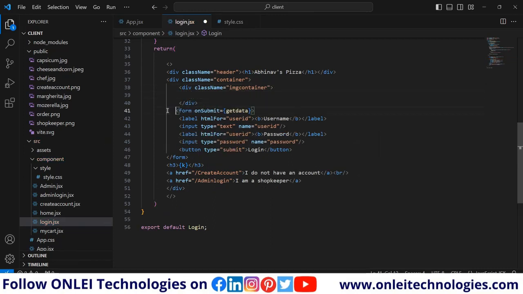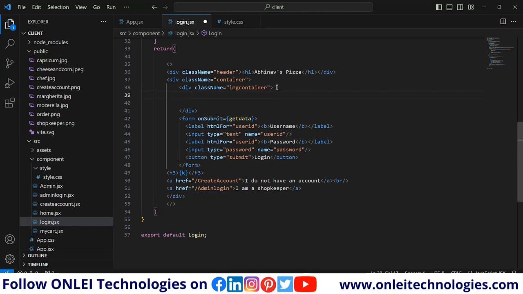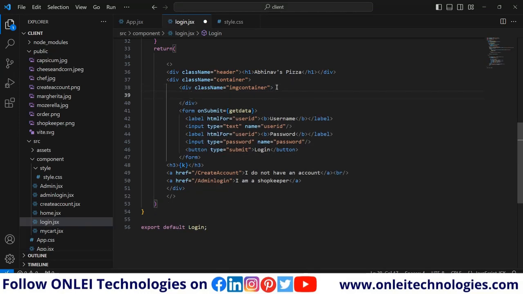Let's form it like this. So this is my div tag, inside which I will try to show my image and work on my image here. I have given the class name as img container,